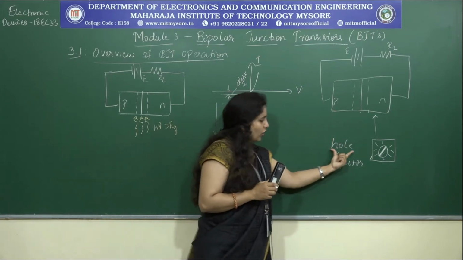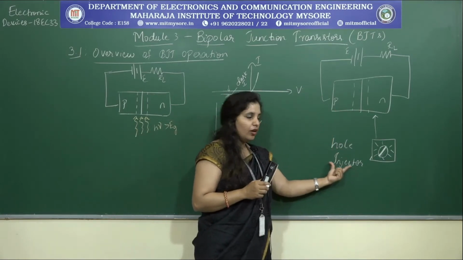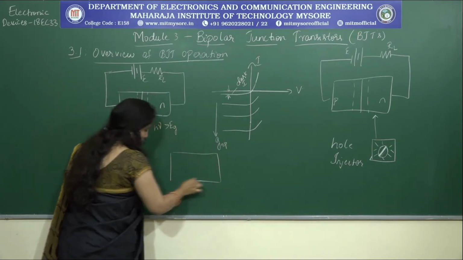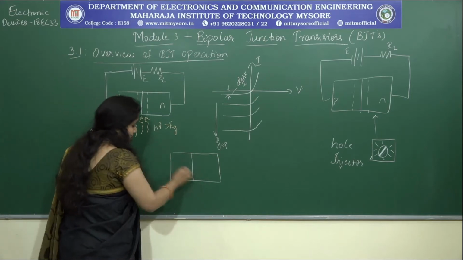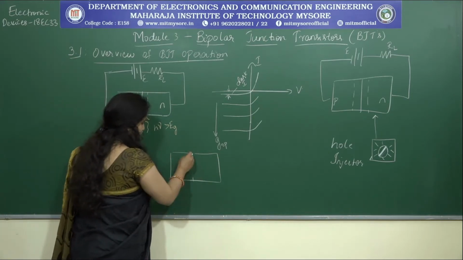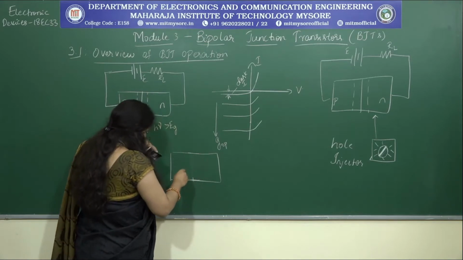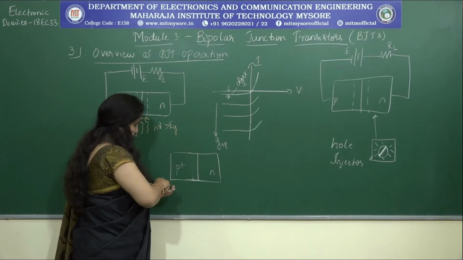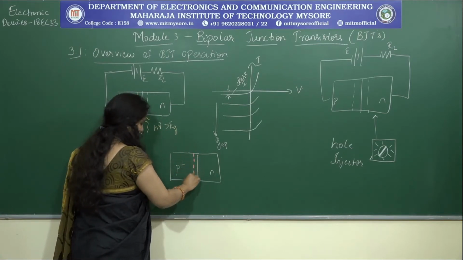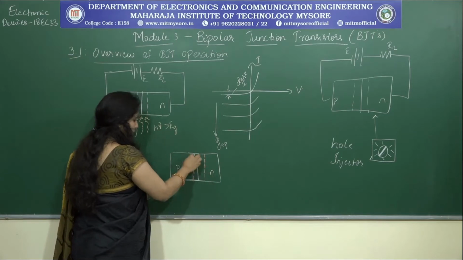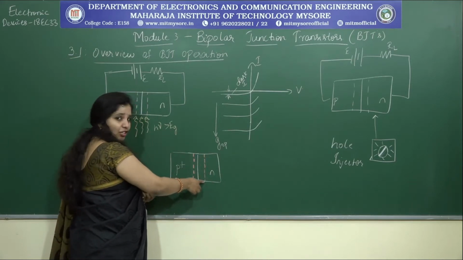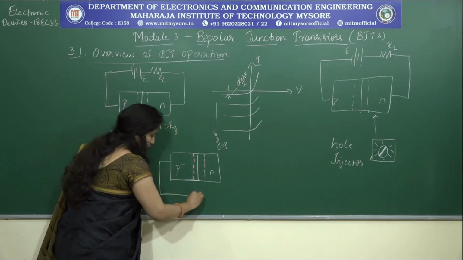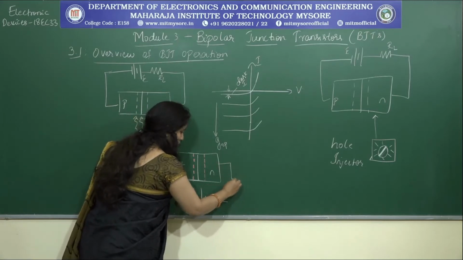So, whatever the hole injector that I have considered here, how is that basically happening? If I have a device which has a P plus N region, we know the depletion width here is small and here it is large, because this is heavily doped and this is lightly doped. Now, if I have such a configuration which is forward biased,